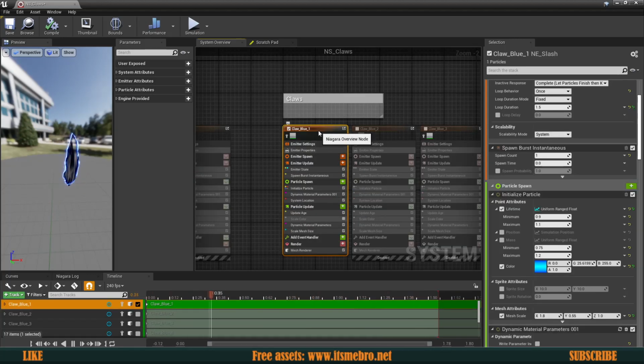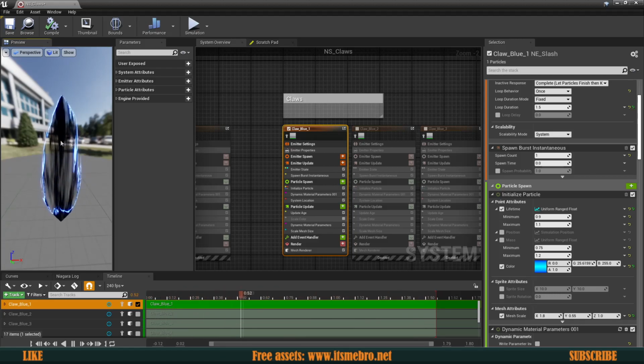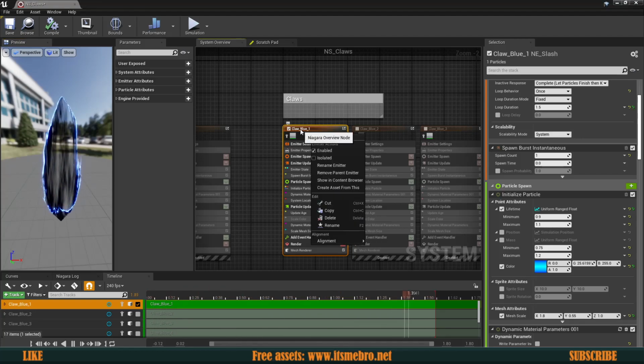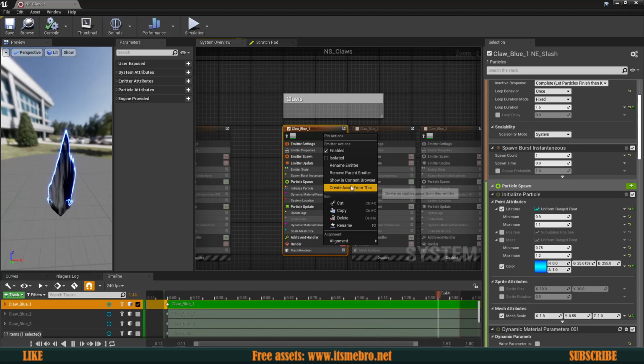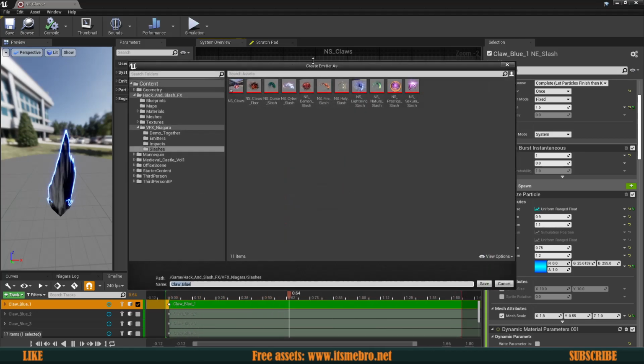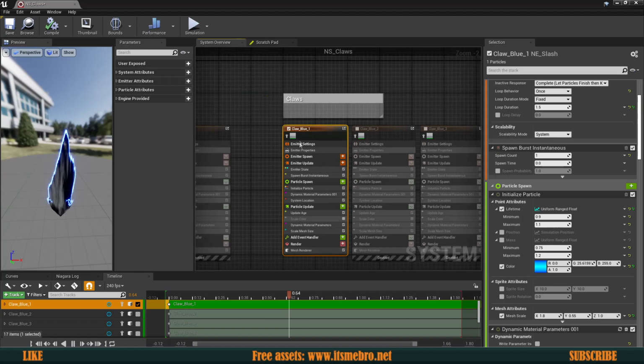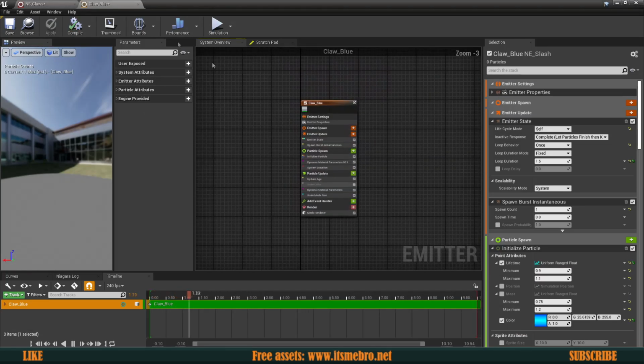Okay, so we have one claw, and let's say we want this one claw to be implemented into something else. Maybe we want to combine this with a different Niagara system, or maybe all of them. Then what you can do is right click any of these things, and then you can create an asset from this. They already have the emitters folder, but it's quite empty. There's just a few emitters,